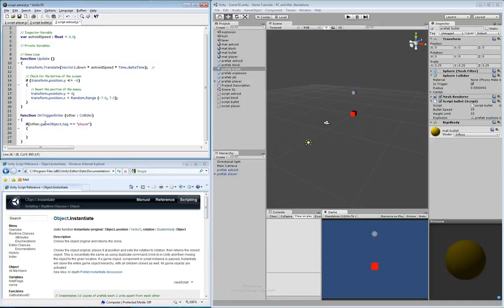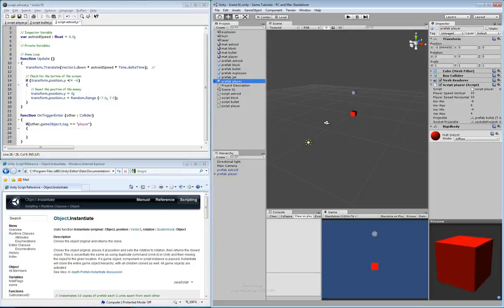So if other gameObject tag is equal to Player, let's go back over here to our player object. We check in here our tag. We haven't actually set it to Player, but we've got a default Player, except it's a capital P. We can just use that one. It's already built in, so we might as well. We'll come back over to our player and make sure we capitalize that so that it matches up. So now we're saying that if that object, which is set now with Player, is equal to that tag,